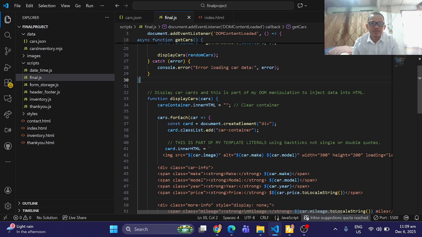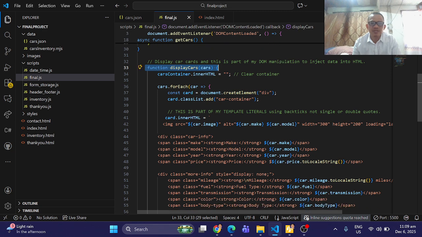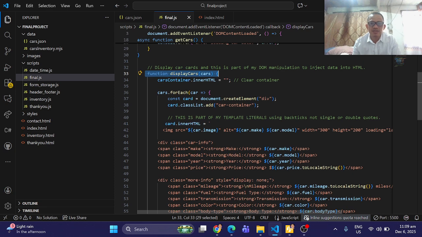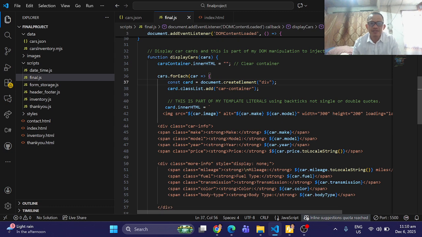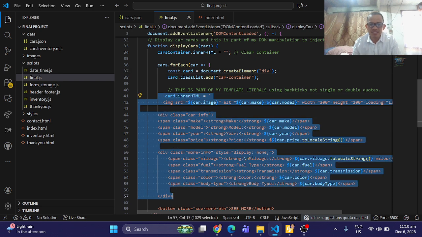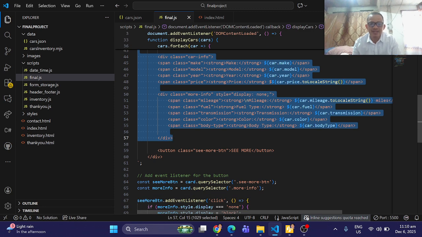But if it continues, then we also use the function displayCars, and we are going to manipulate the data of the HTML by using template literals with backticks. This one. Create an element, make a class of car containers, and this data will be injected into the HTML file.